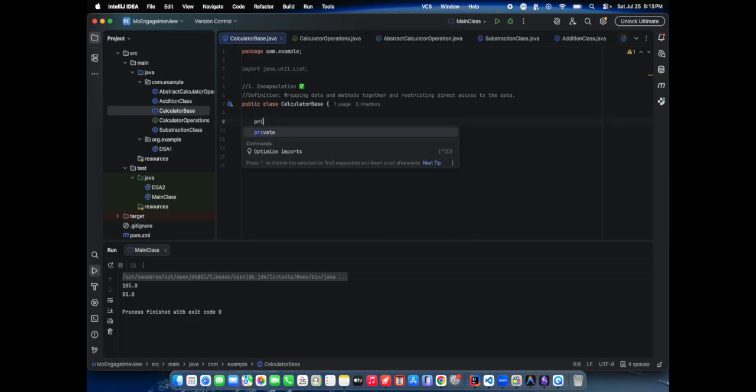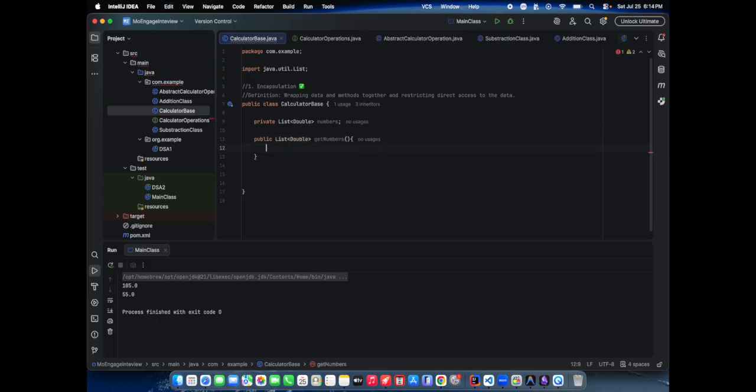I am defining a private key, which I can take as numbers, a list of double. I basically took double because when we are calculating, the number can be decimal as well. And here I am going to write getters and setters with public access specifier: public list of double get numbers, return numbers, public void set numbers, list of double numbers, this dot numbers